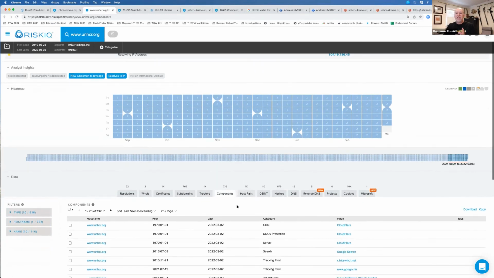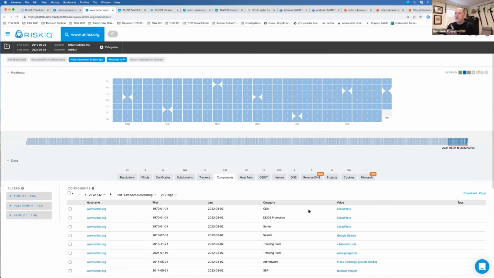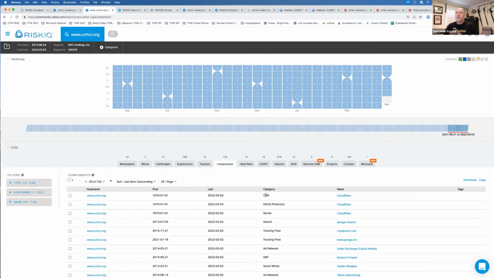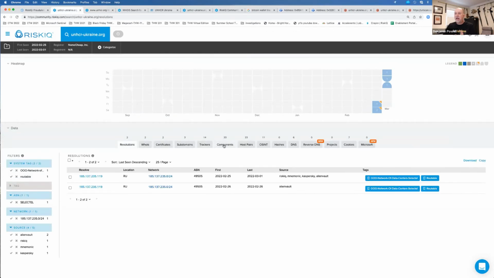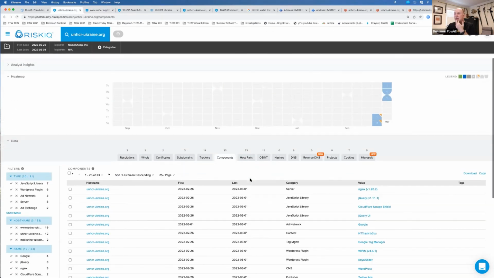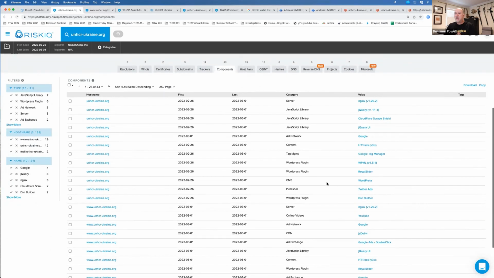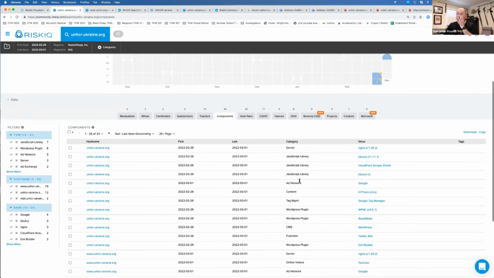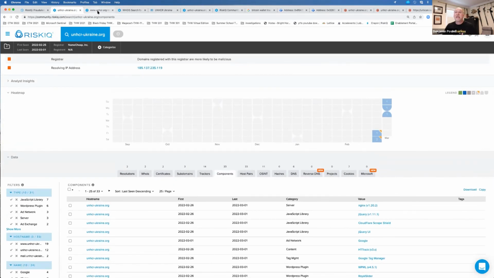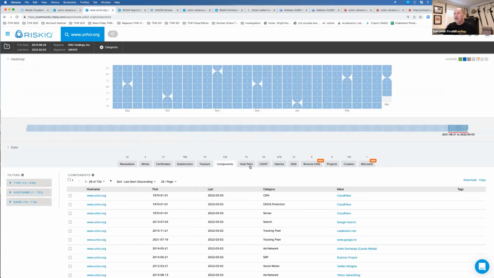Here I have over 732 different components, including Cloudflare DDoS protection. If I look at this one, I have 33 components. Not much. I'm using some WordPress, some CMS. You would expect a lot more from the UN. And over 1,000 different host pairs.